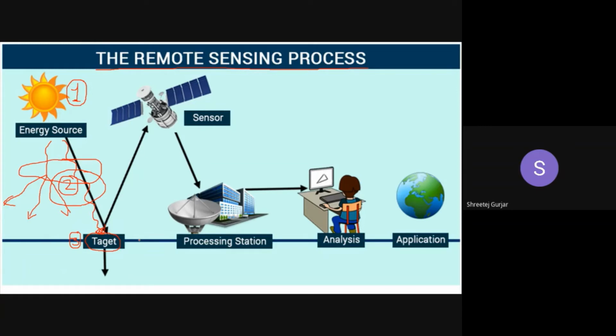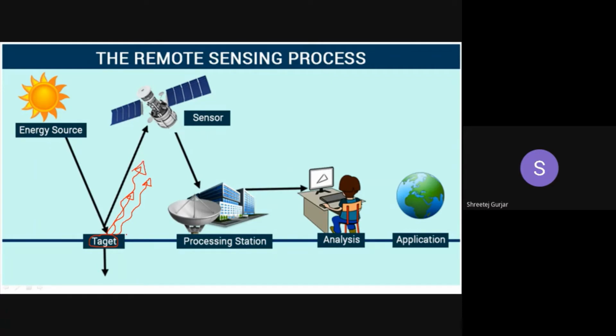Whatever light reaches the target is called incident radiation, right? So this incident radiation reaches the target. Some of it is absorbed and some of it is reflected. So it may hold on to some of the energy and then give out the energy, right? Some of you from the PU background may know this. Some of the energy is stored in the target and then it releases slowly.